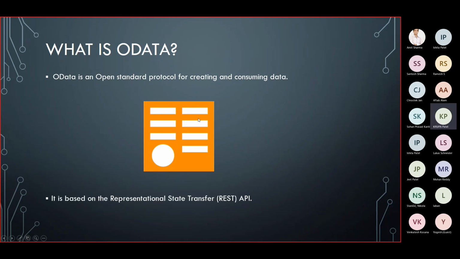And it is based on a RESTful API. So that means it supports HTTPS protocol, which is lightweight and also supports various formats like XML and JSON. And also, one more thing, OData requires asynchronous data retrieval. That means with an asynchronous process, the availability of a resource, service, or data store may not be immediate.